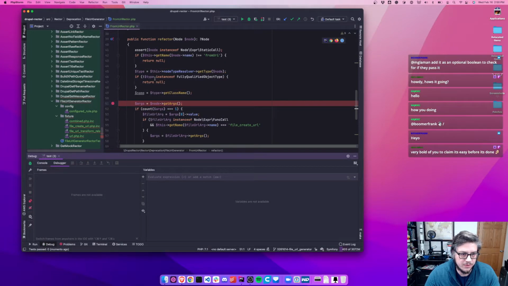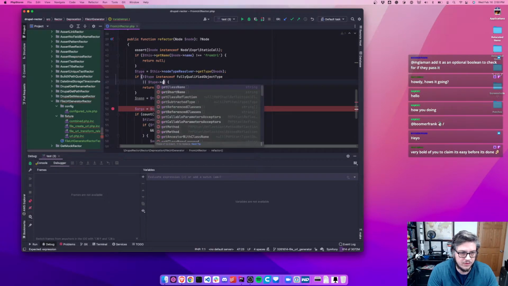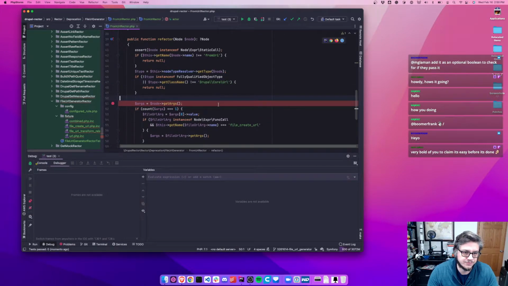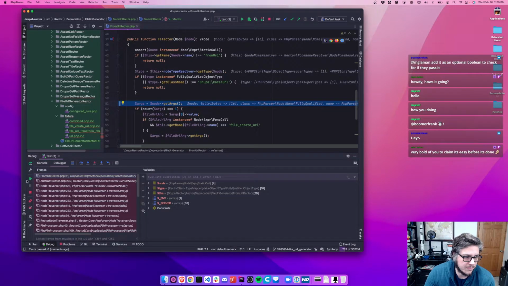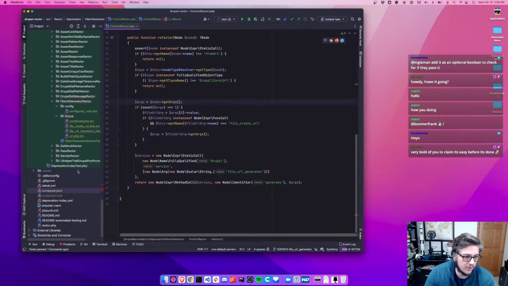So if type is not equal to that, or type get class name is not equal to Drupal core URL, I think we got it. Play and pass. So now if I go run the entire test,